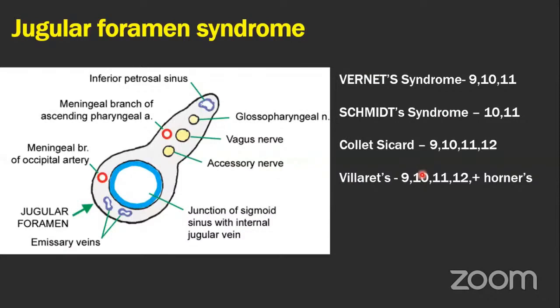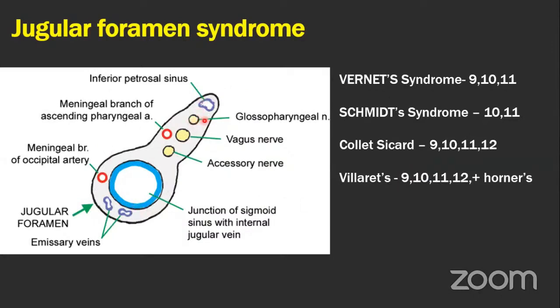So what will be the cause of all these? Lesions will be in skull base fractures or glomus tumors or malignancy of the nasopharynx or basal meningitis or cholesteatoma. Then parapharyngeal tumors, jugular bulb thrombosis. In all these cases, this jugular foramen syndrome can happen. Okay. So,